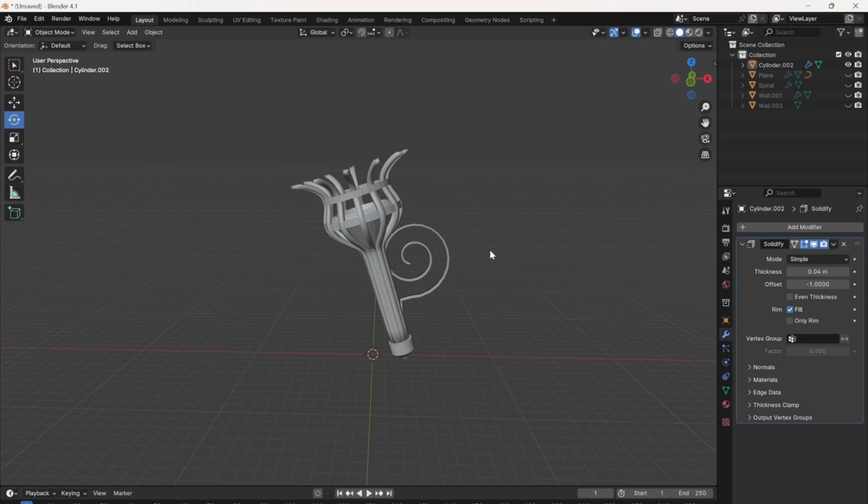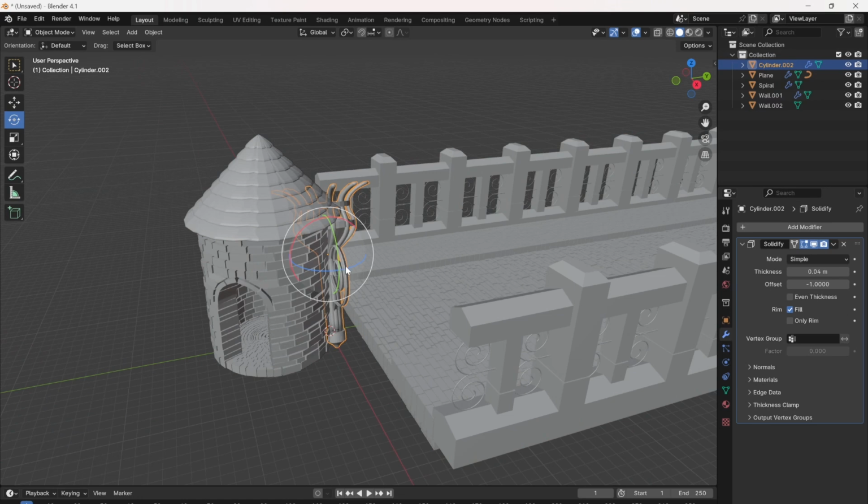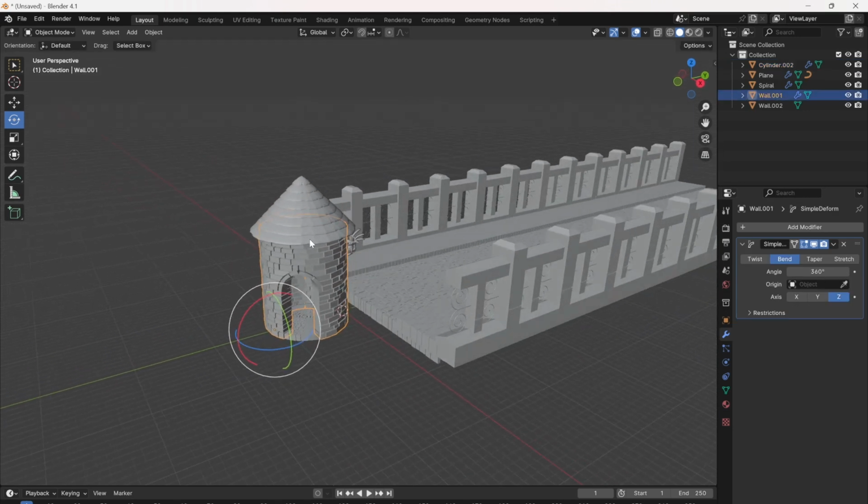We can now press Control H to unhide things in our scene. Now we're going to have to do some arranging. So get your tower,